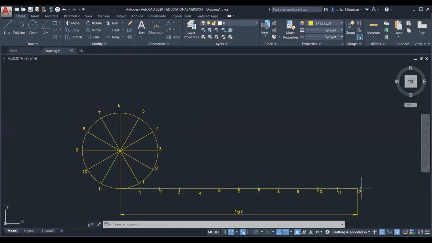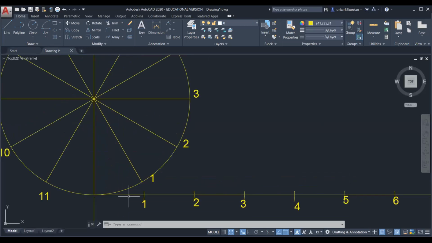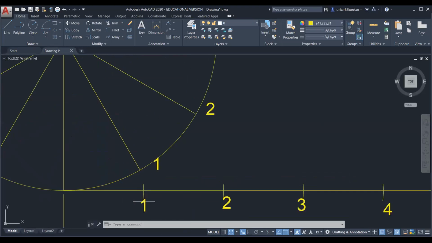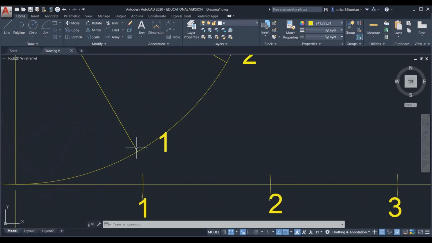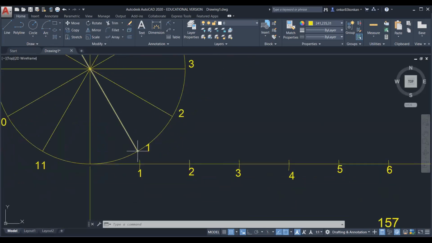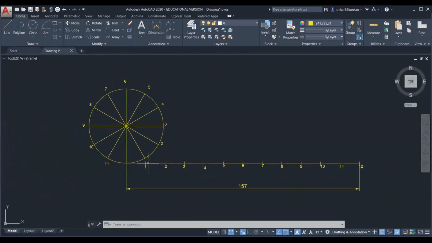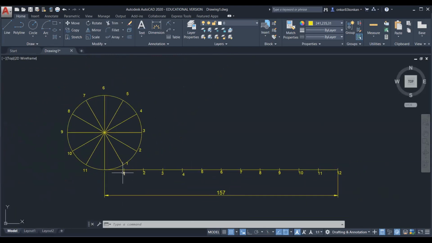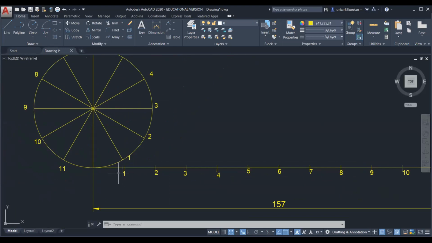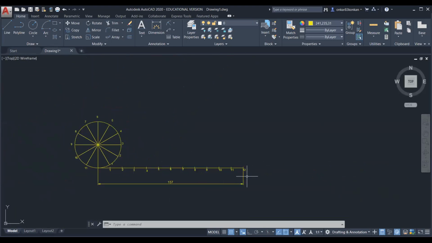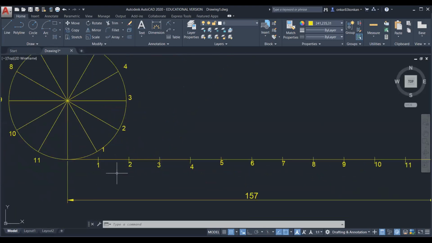So after some revolution in the anti-clockwise direction, the point of contact will change and it will become point 1. This point 1 will touch this point. Again, after some time, point 2 will touch at this point. So here, basically, the radius will keep changing. Initially, this is the complete radius when this is the center.